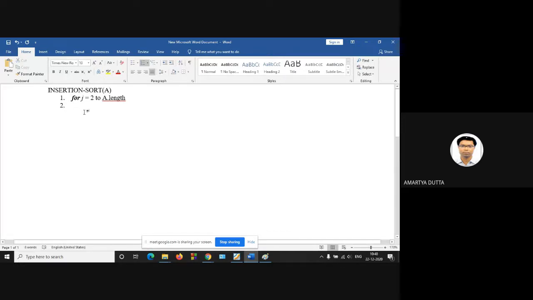Second line, your key is equal to A of j.